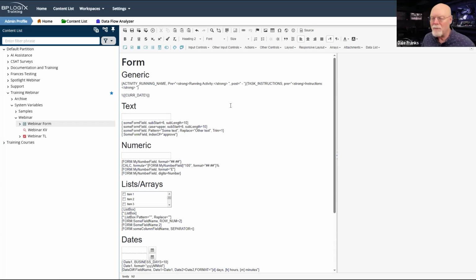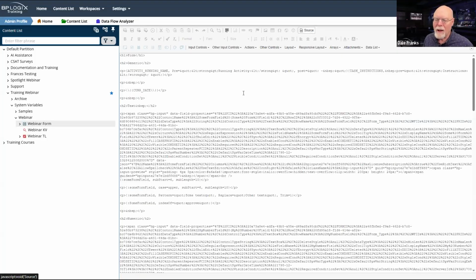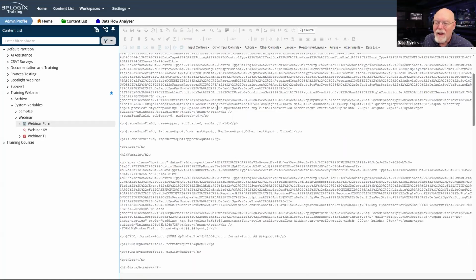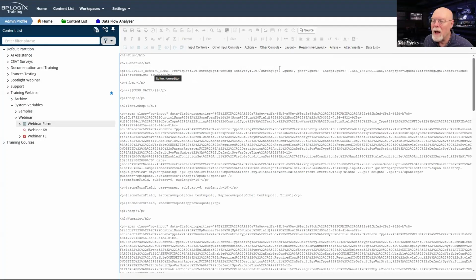I have typed it out manually so that you can see what the tag is to make HTML text boldfaced, but you can do it either way. Either way, it'll work because when we go into the source view, way up here on the activity running name, this gets converted to HTML. The less than and greater than signs get converted to HTML on the fly whenever the page is rendered. It's HTML safe in editing mode.